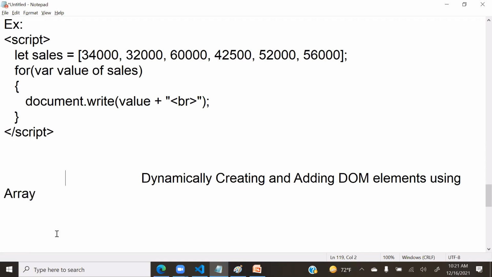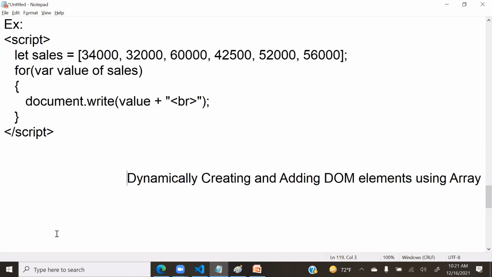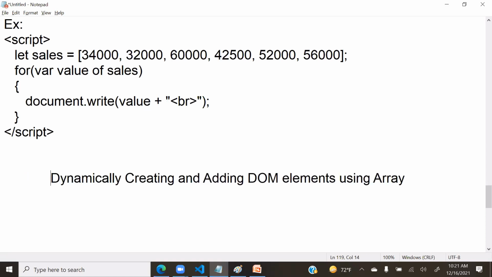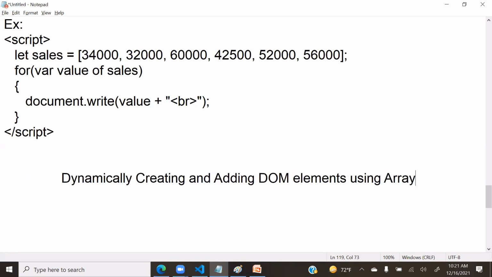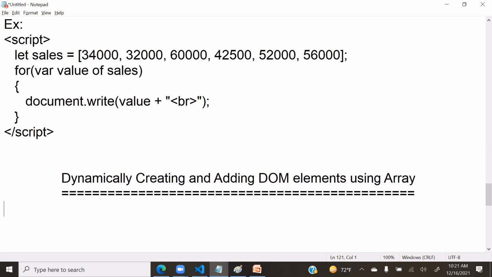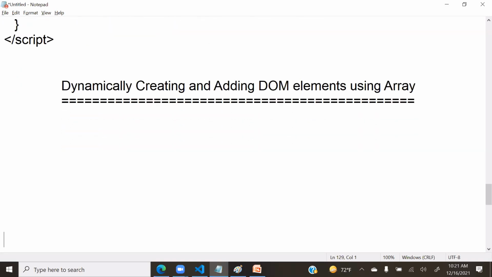This is a very big concept. This is the biggest concept. You must be very perfect in this. Actually, first point is how you can dynamically create any element. How you can dynamically create element. First point,